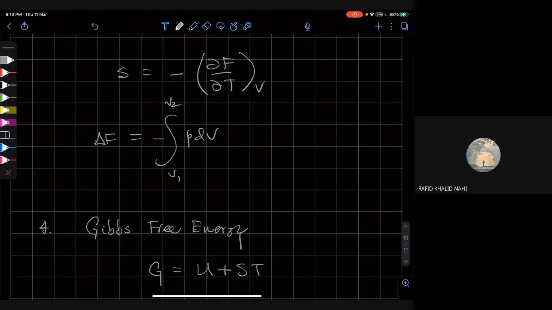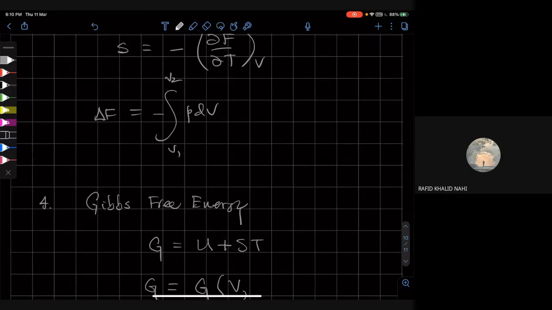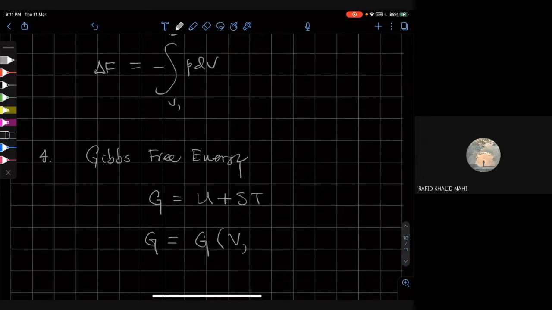It's a different linear combination of these two things. No, it's not a function of V, it's a function of P. What have I done? I think I made a mistake here. Yes, the mistake is